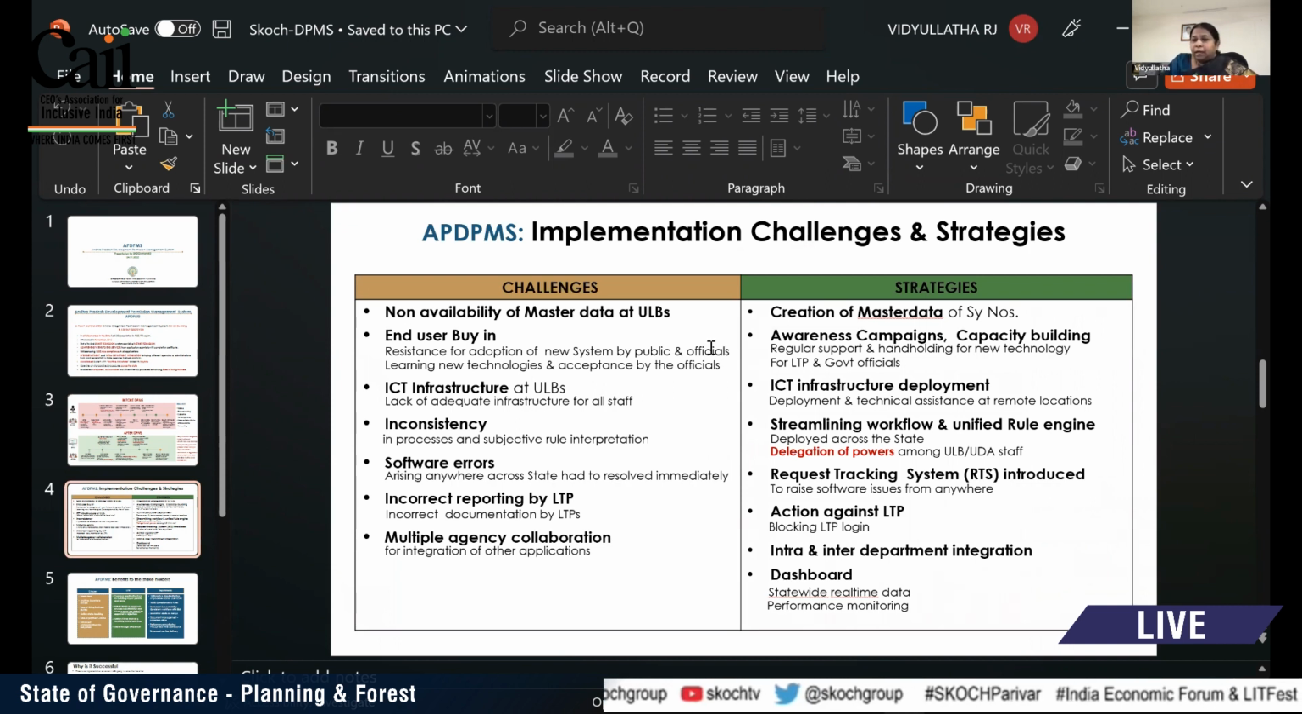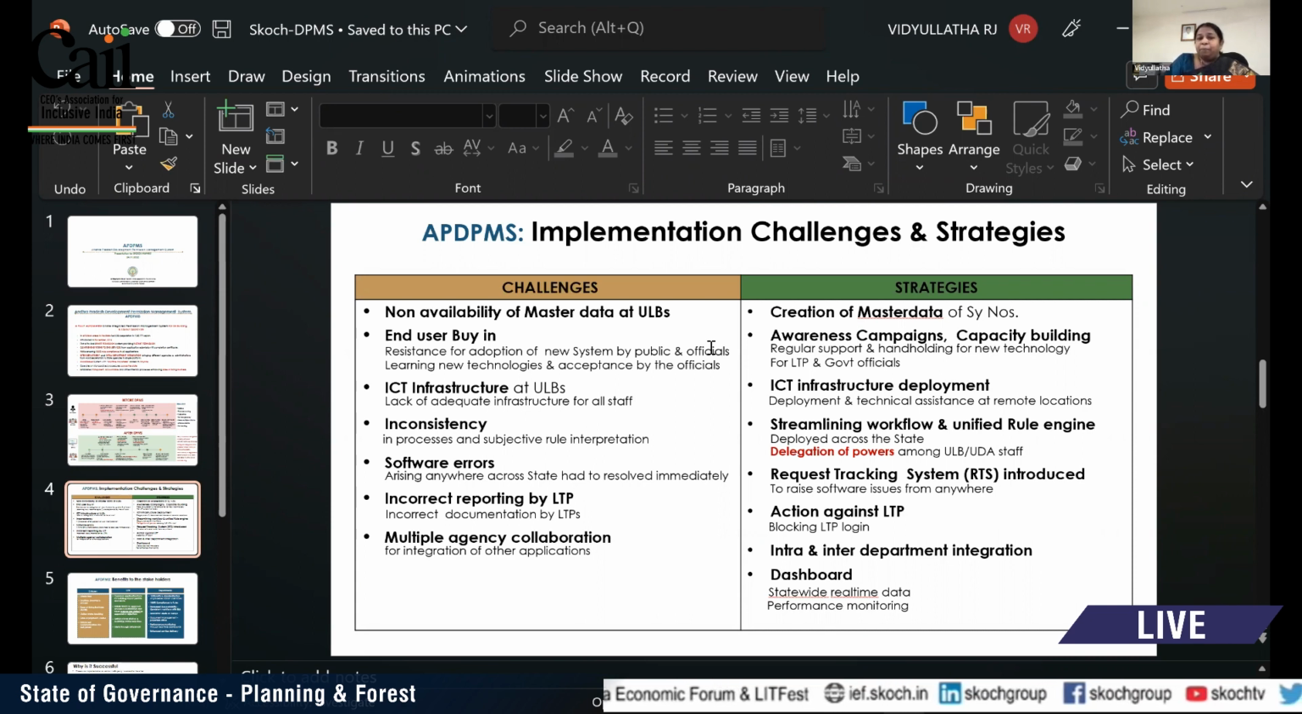So, like any other system, we have also faced challenges while implementing the online development permission system. As you know, all the development permissions and master plans are directly linked with the land records, and in the entire India, land record status is not clean, and we have to be very careful about issuing the permissions. We have to be very careful about the land records also while issuing the building permissions. So first